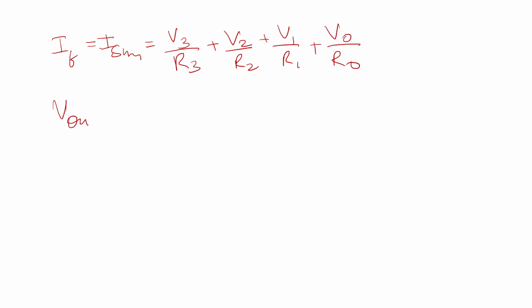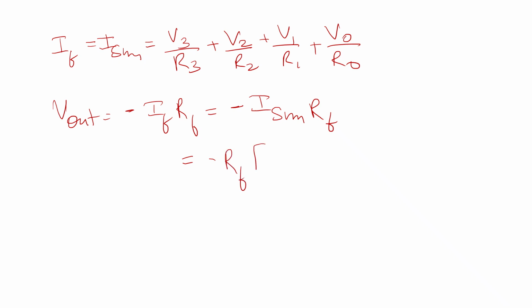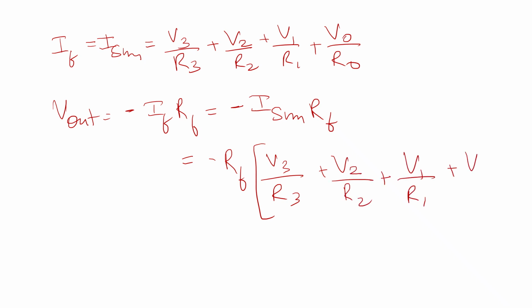So the output voltage of the operational amplifier is minus IF into RF, equal to minus I sum into RF, which is minus RF into V3 by R3 plus V2 by R2 plus V1 by R1 plus V0 by R0,